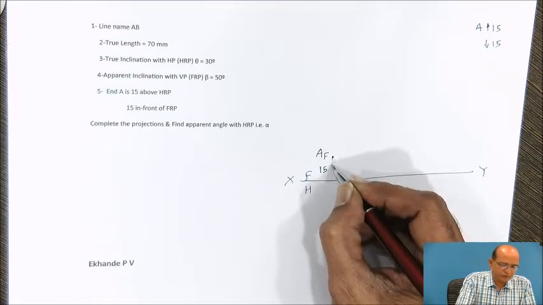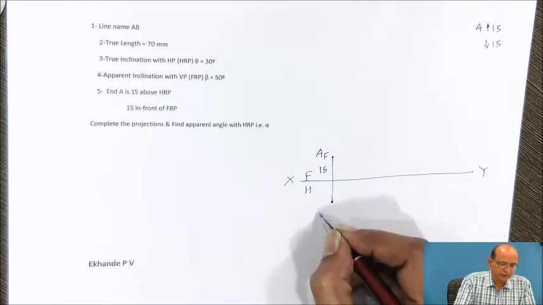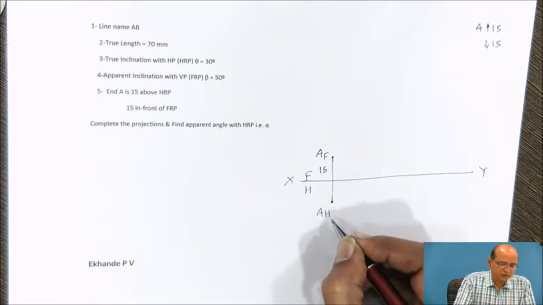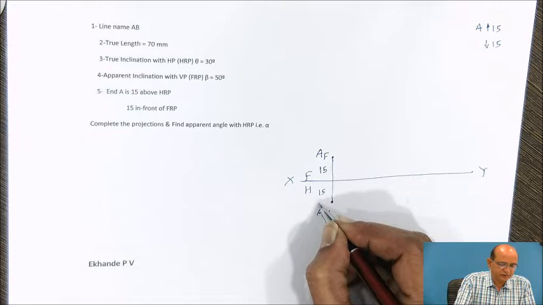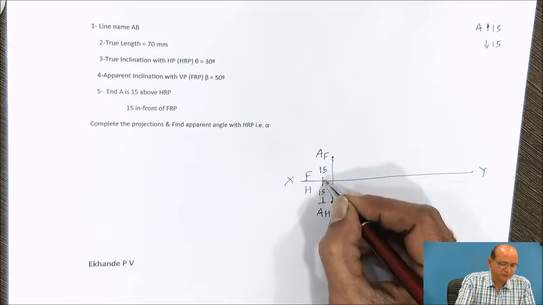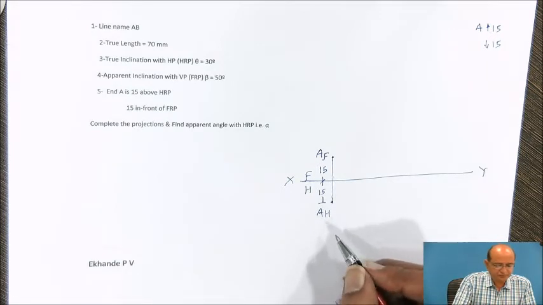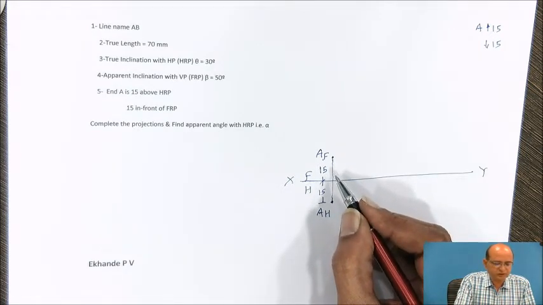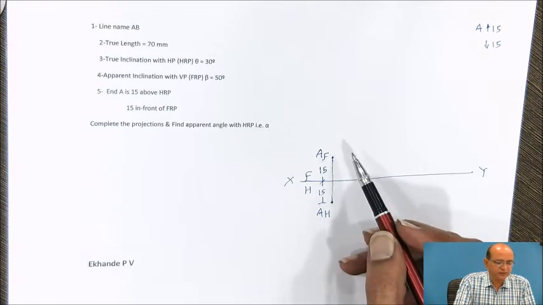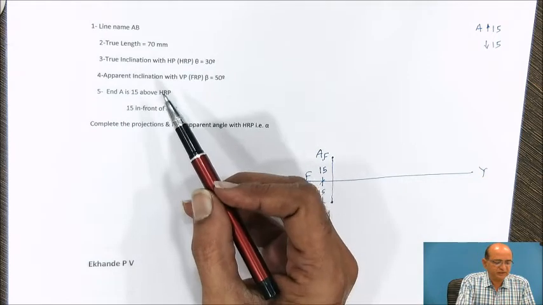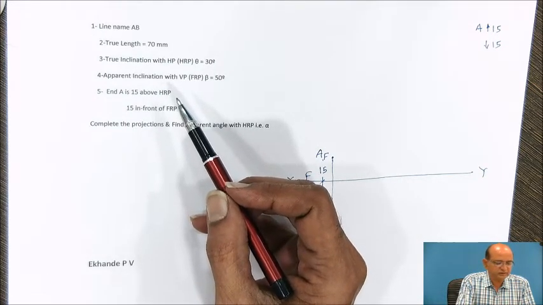On the projector of this we'll get the position of AH, and the distance is again 15 millimeter. So once we complete the position of A in front view and top view, the next step is to proceed with